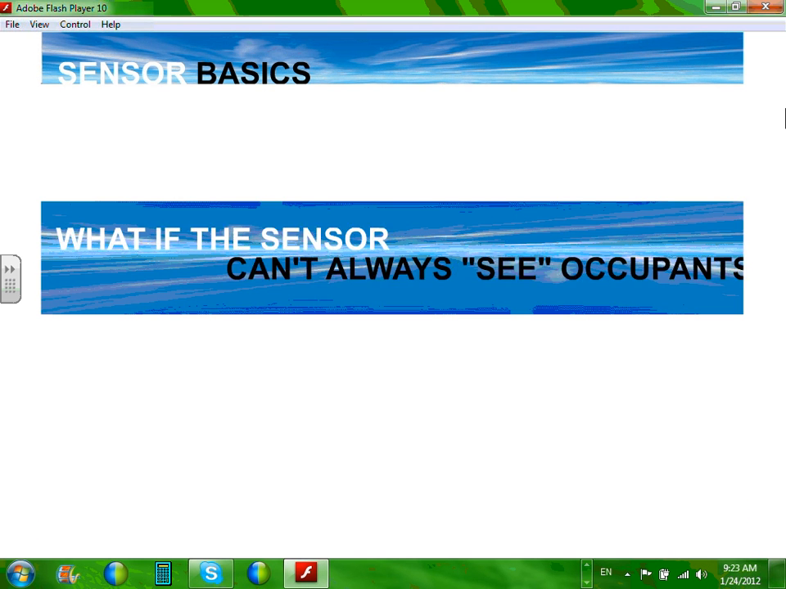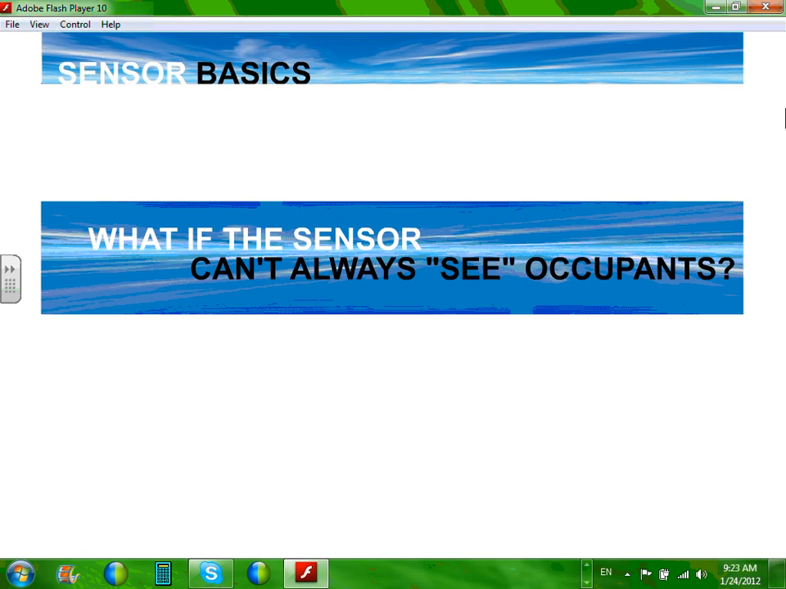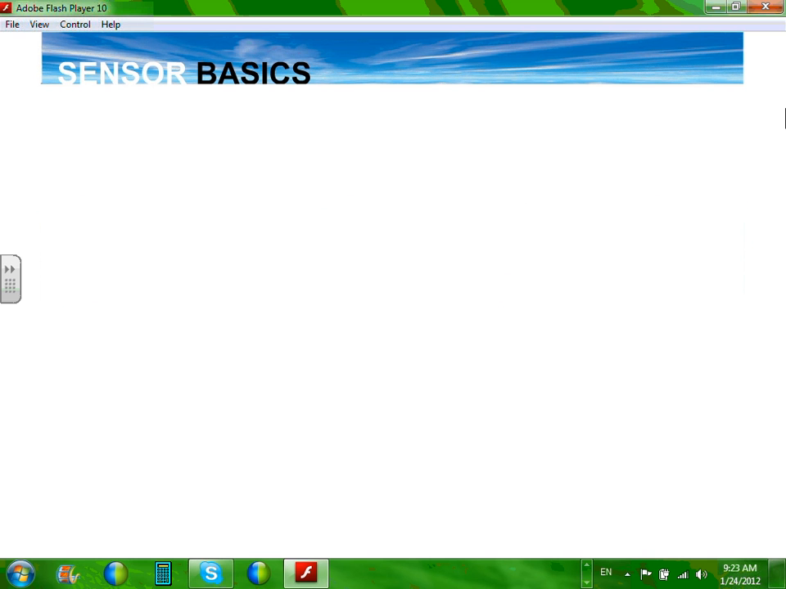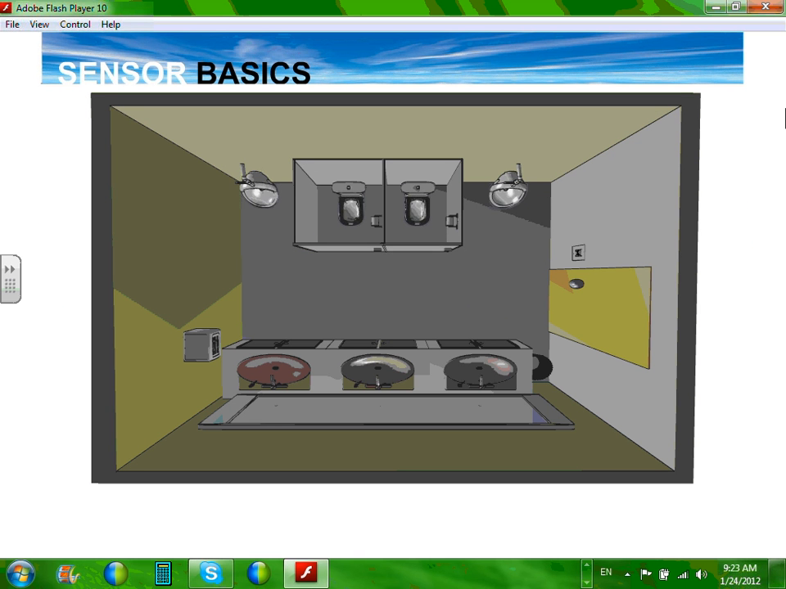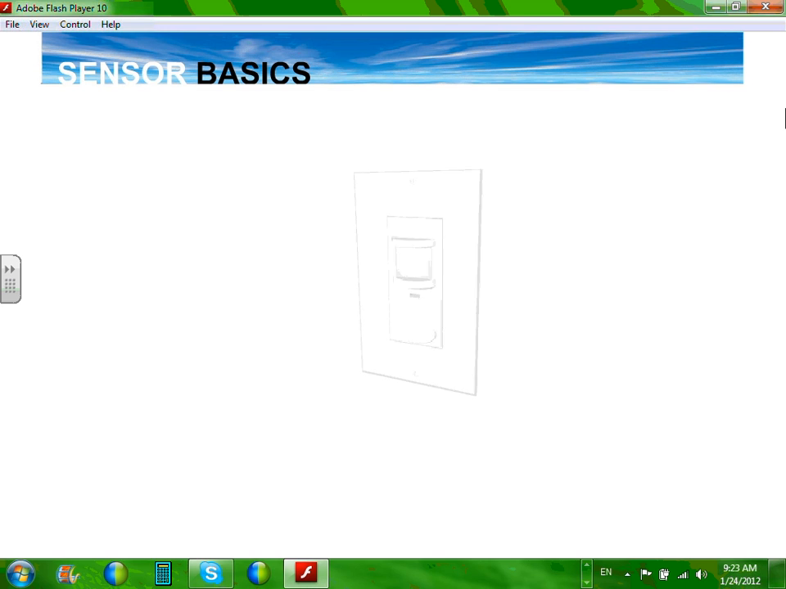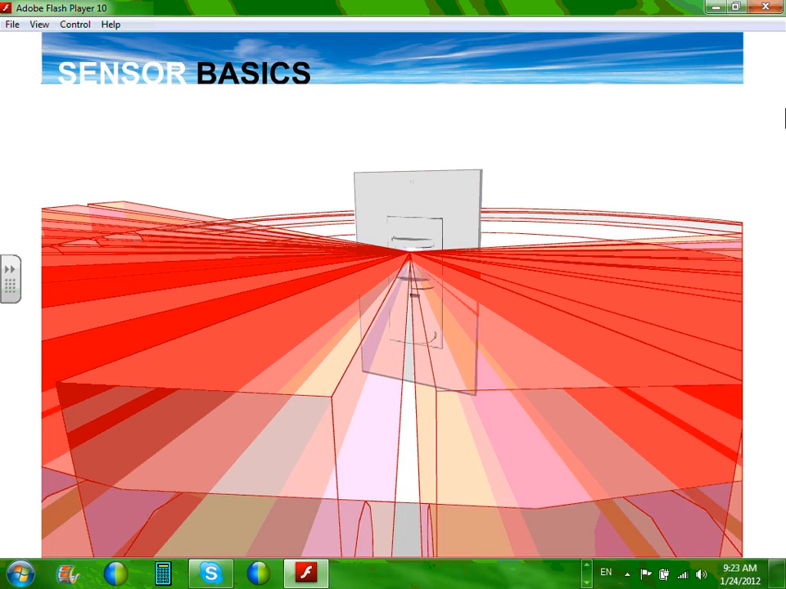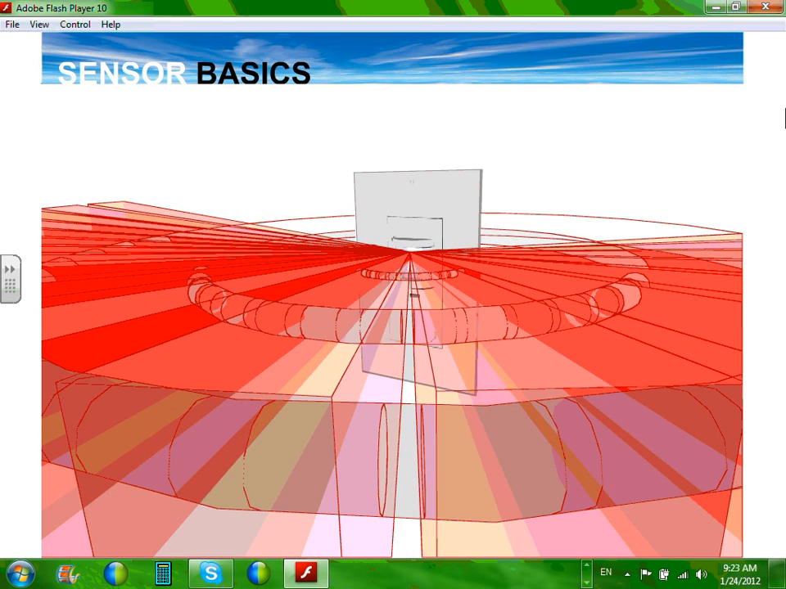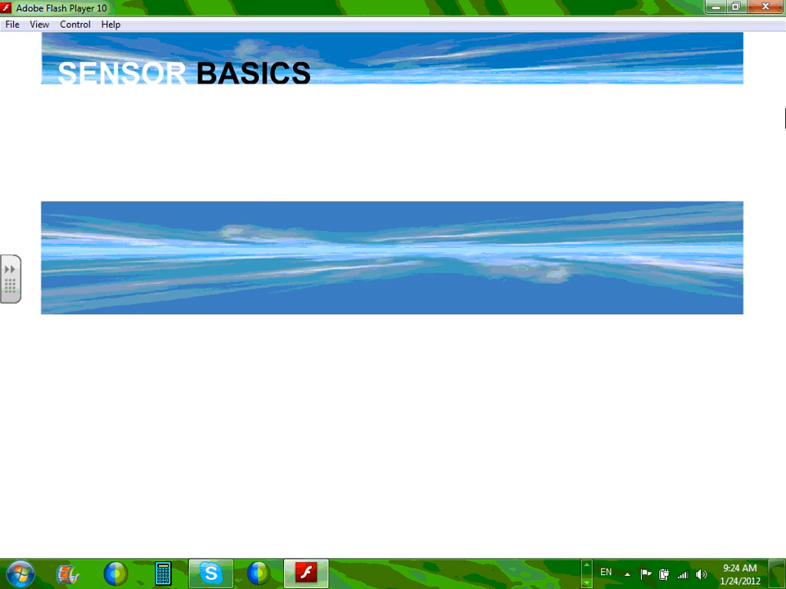What if the sensor can't always see occupancy? Infrared detector beams require line of sight in order to detect occupancy. But obstructions like walls, cubicles, and cabinets will block the beams. In order to detect behind obstructions, we have given our sensors the ability to hear occupancy. Introducing